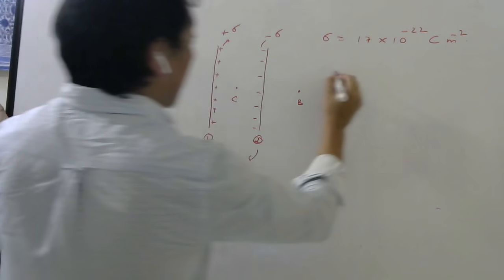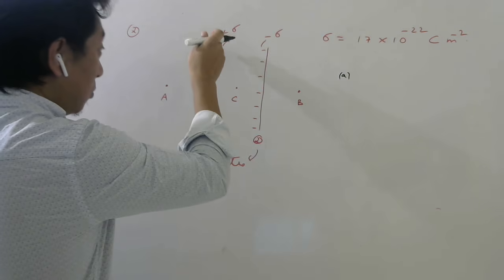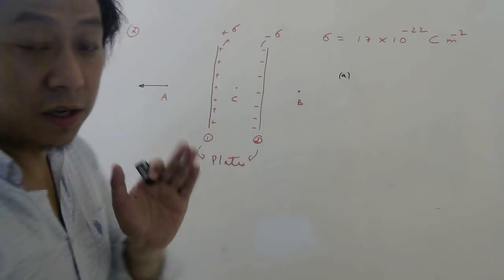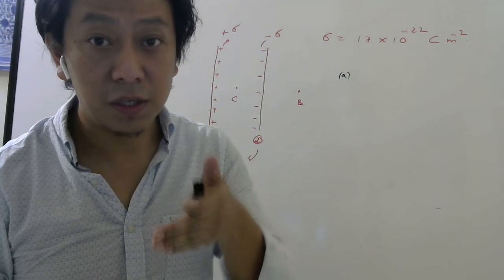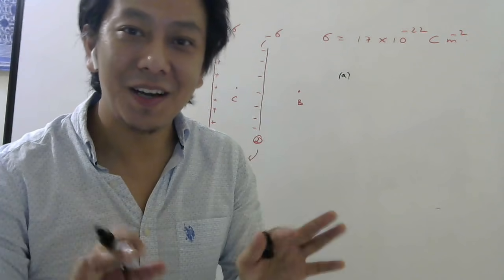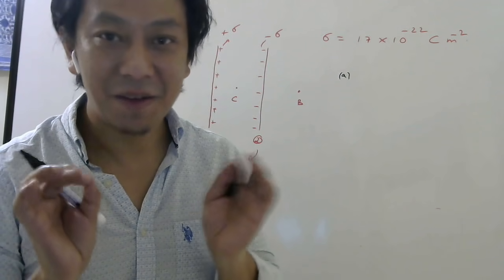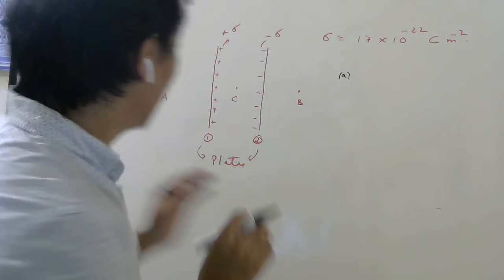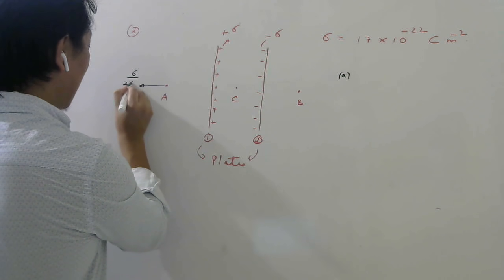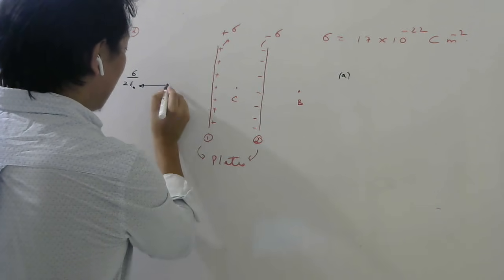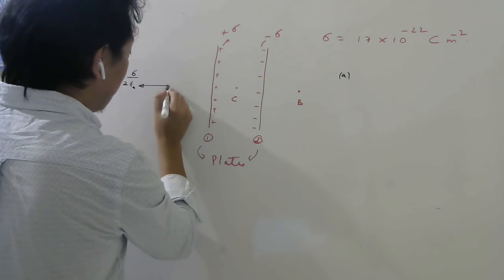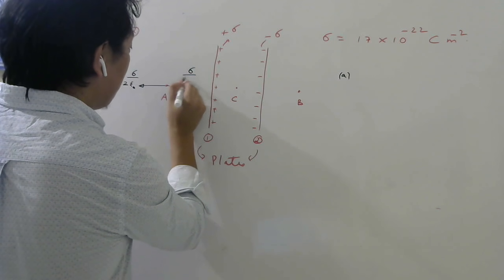So at point A, let me do first. Here, due to this sheet, it will be away. And you know the electric field due to a sheet of charge does not depend on the distance. How far you are, it doesn't matter. Wherever you are, the formula is sigma by 2 epsilon naught. It is constant. So due to this sheet of charge, the electric field here is sigma by 2 epsilon naught. Due to this sheet, the magnitude will be the same, but since it is negative, the direction will be towards. Value will be the same, sigma by 2 epsilon naught.